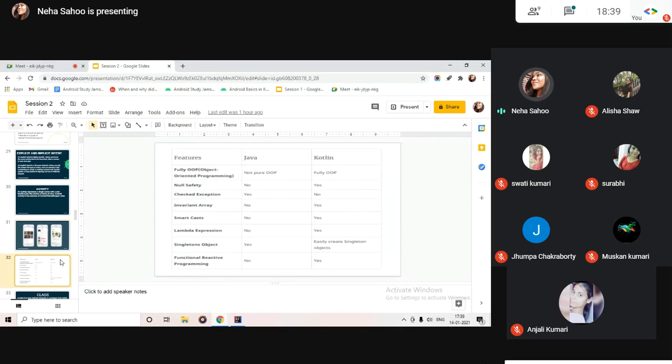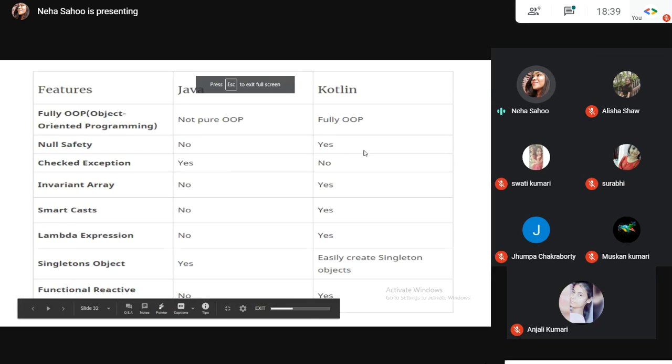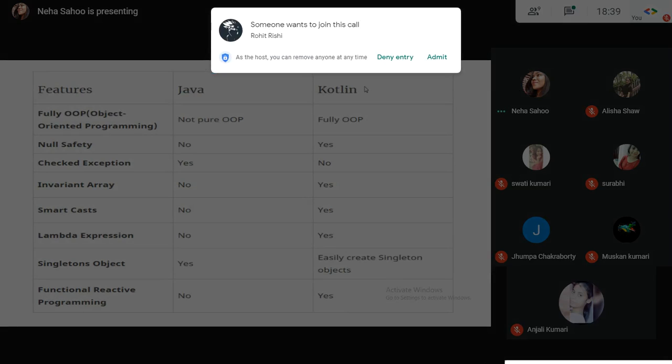After that, I thought it would be a good idea to tell you the difference between Java and Kotlin. You can call Kotlin as Java plus some more features. Why? You would be able to understand after you observe this table.